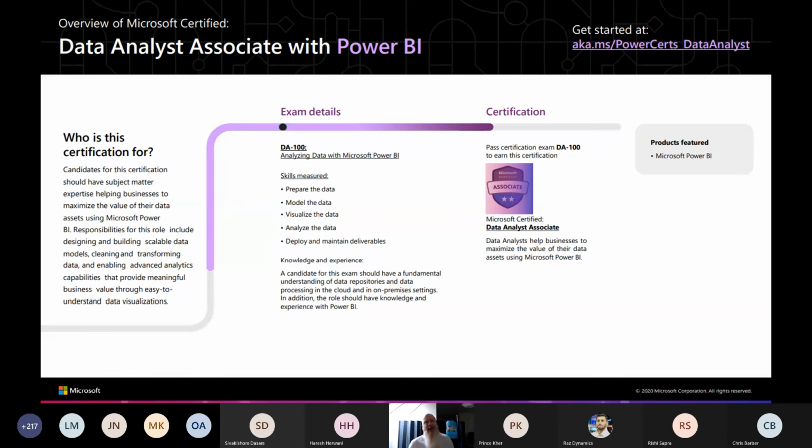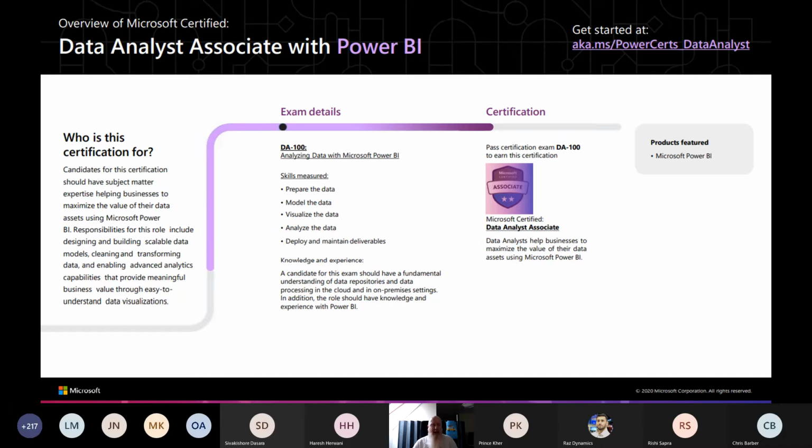So we have 3 different levels of examination or certification within Microsoft. We have the fundamentals level. The relevant ones for Power BI are probably the Power Platform fundamentals, the PL-900, or the data platform, DP-900. They're probably relevant for Power BI. But here we have an associate level, which is aimed, I think, at somebody who's been using this for 6 months to a year, wants to show that they have a minimum level of competency. That's my sort of definition of where an associate is.